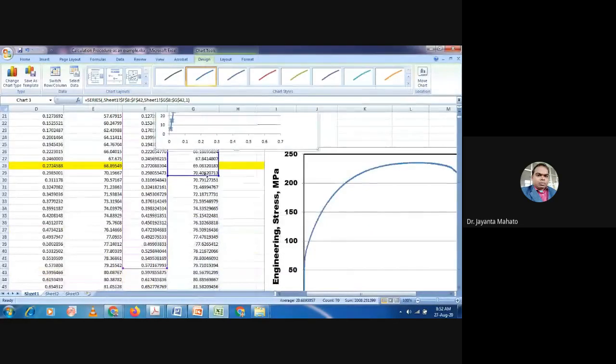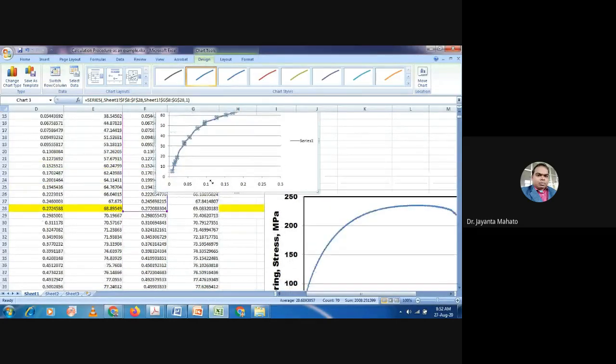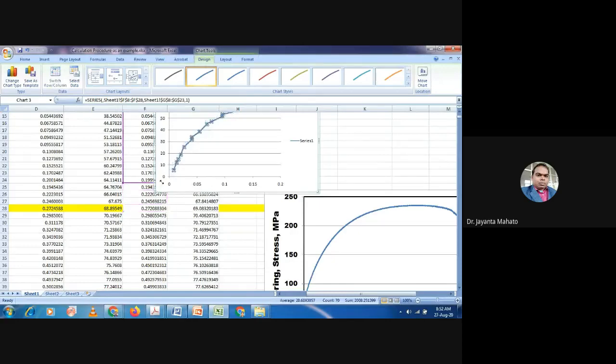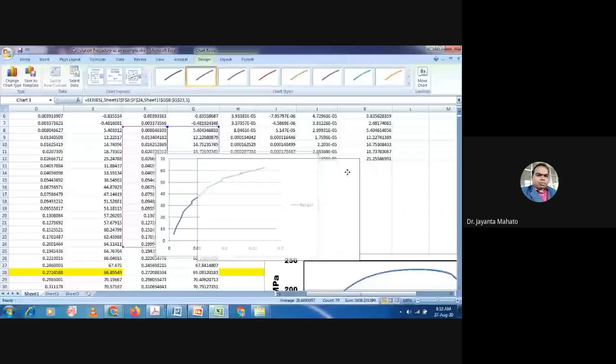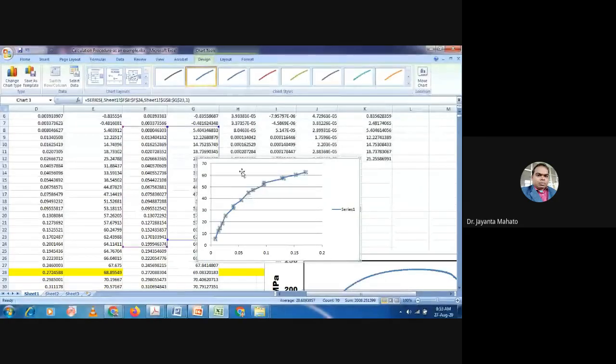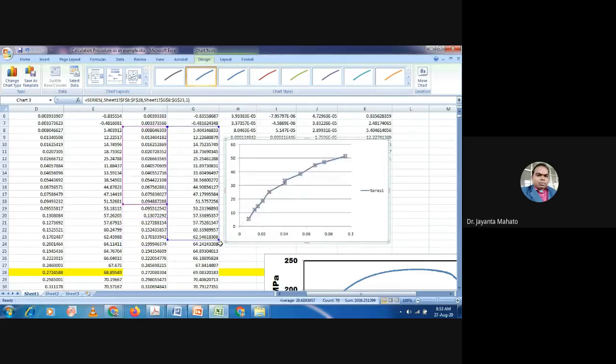I have to reduce this up to the linear portion, before the plastic deformation. So you have to plot only up to this linear portion.